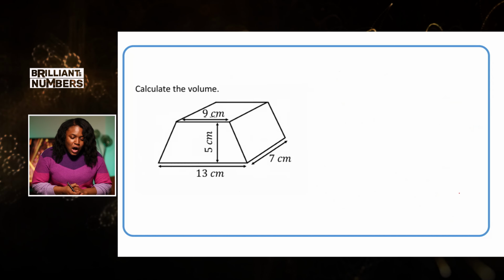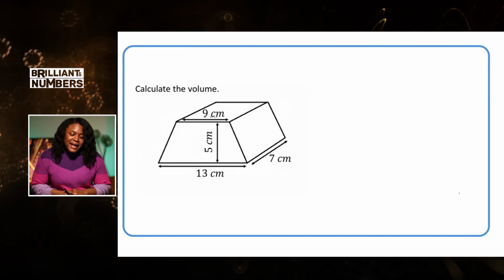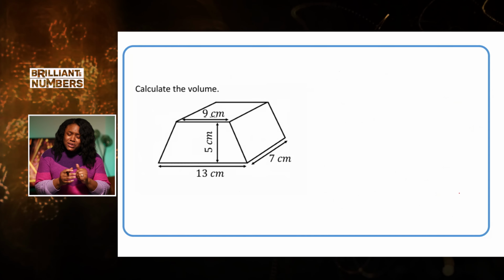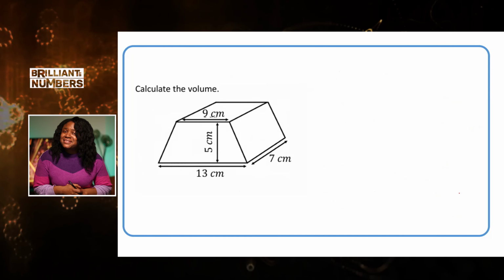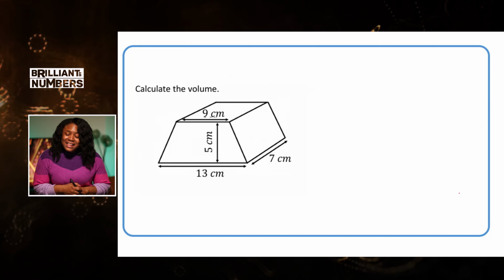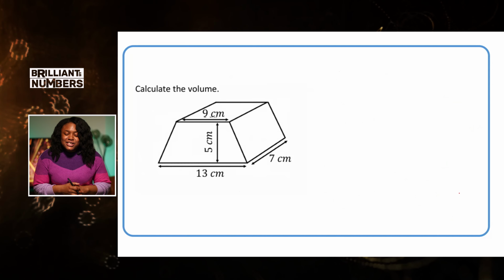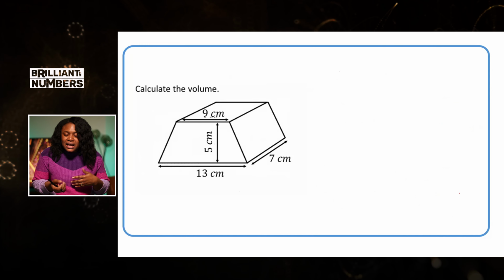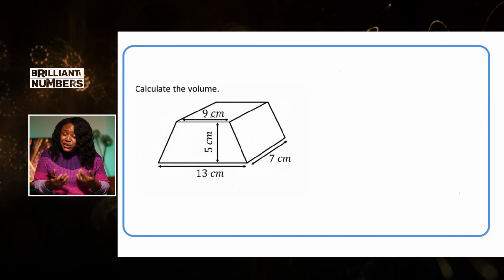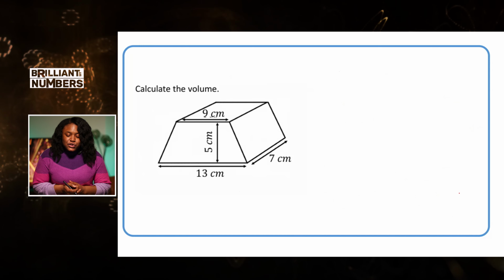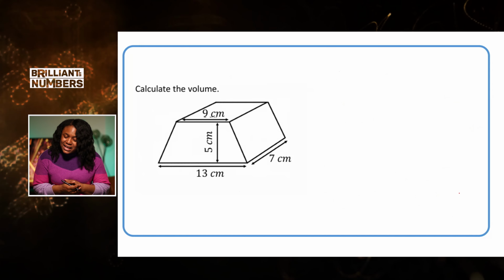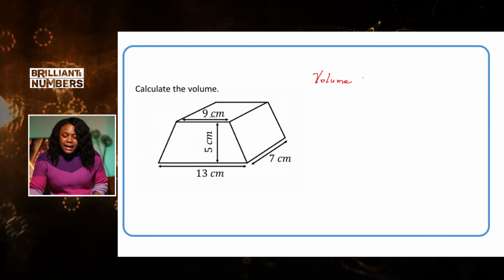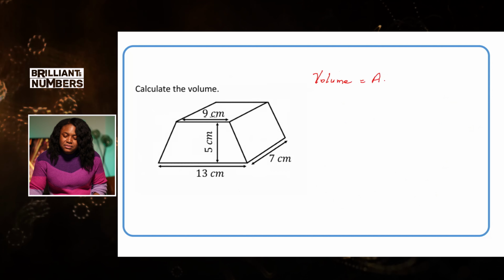Now we're going to go on to remind ourselves of finding the volume of the shape. Now, what is the name of this shape? I hope you recognized that it is a trapezium. So again, we've talked about finding the volume of prisms, and I hope you can remember on your own now what is the formula. So it's the area of the cross section. So I'm just going to write that again. So the volume, area of cross section,